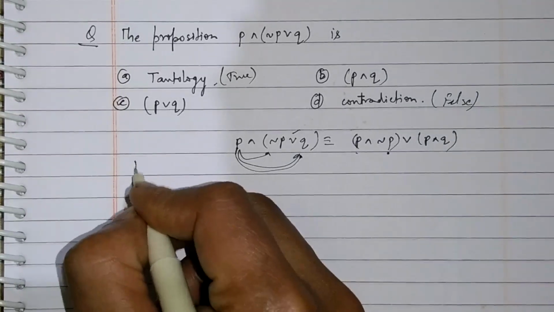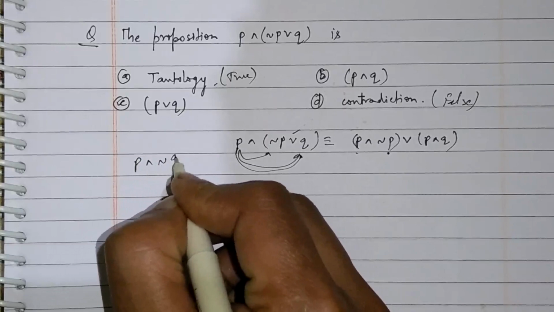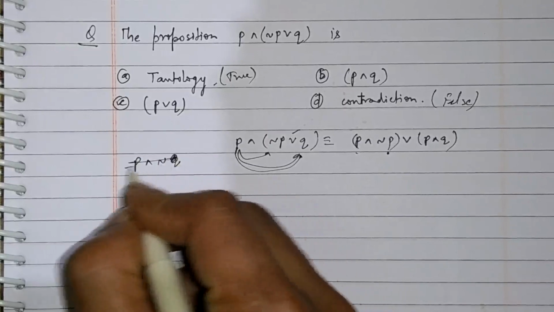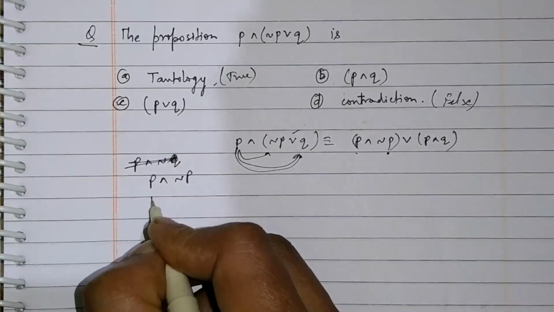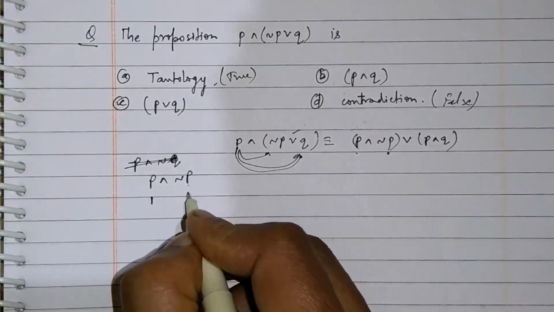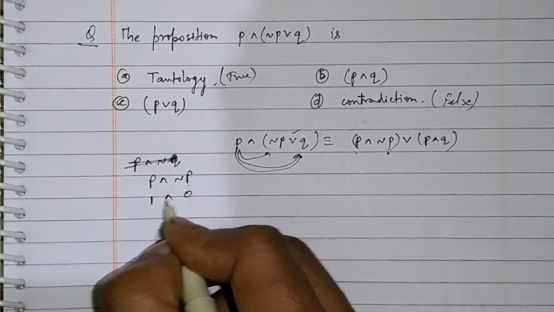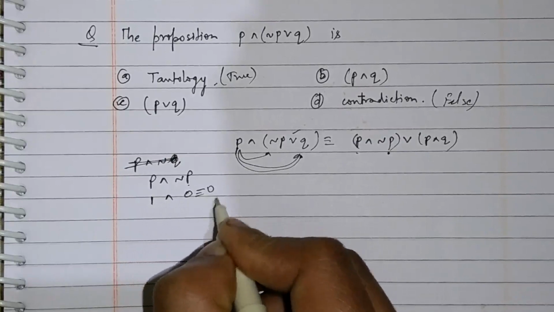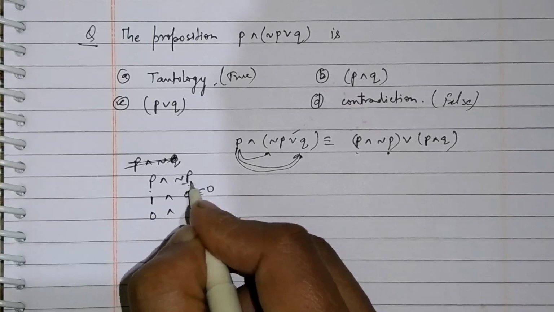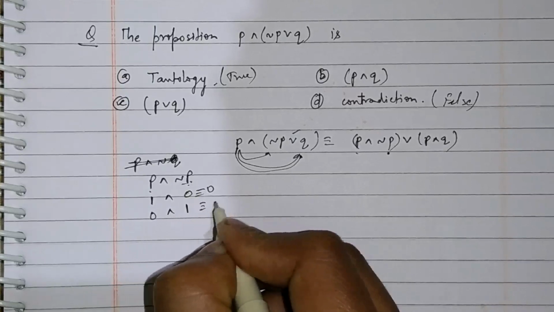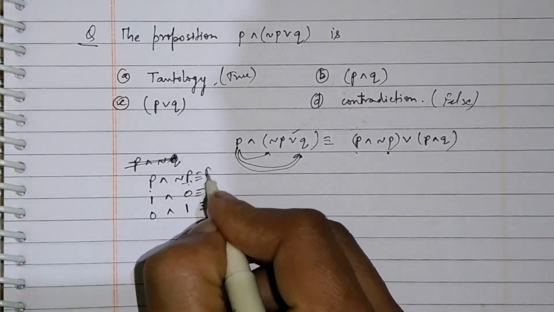See, P and not P. Whenever P is 1, not P will be 0, and 1 and 0 is 0. Whenever P is 0, not P will be 1, so the result is again 0. So this is going to be false,